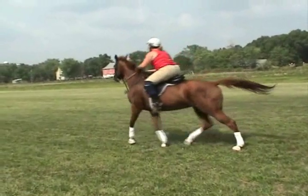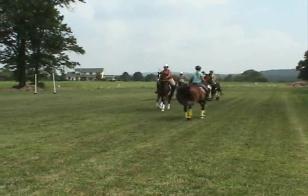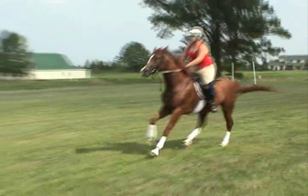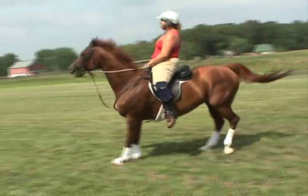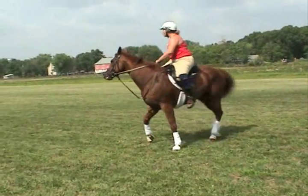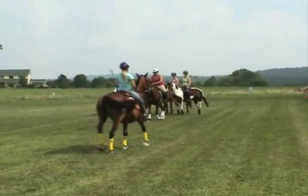Never really get him stopped. He starts to get his back end under him, and then he comes out of it. You don't hold his back end under him. He falls back to his front, actually throwing you up to the front. And you look after he stops and does that bounce, that his rear end is higher than his front end. If he's not stopping on the first